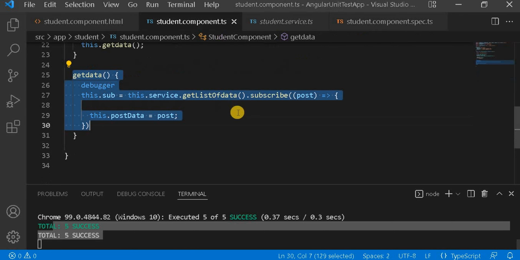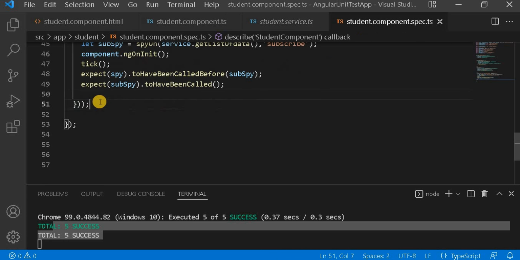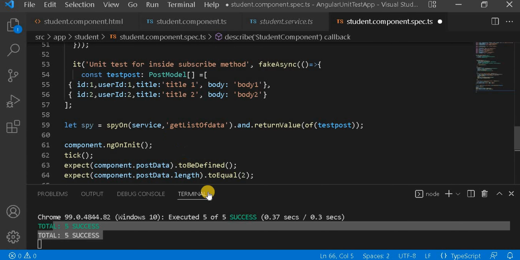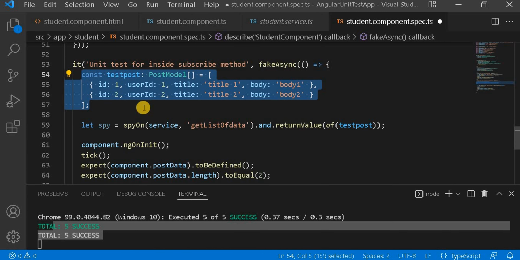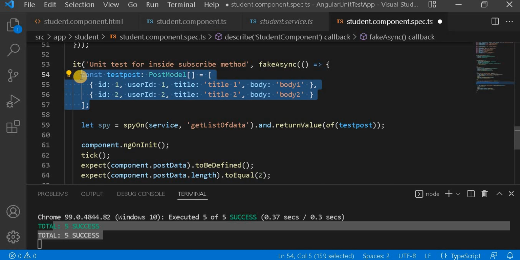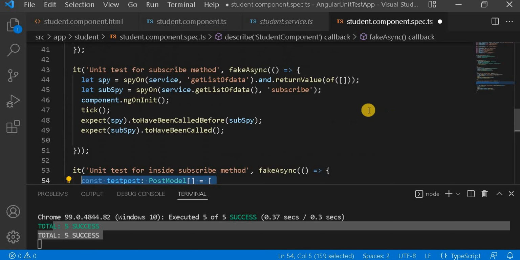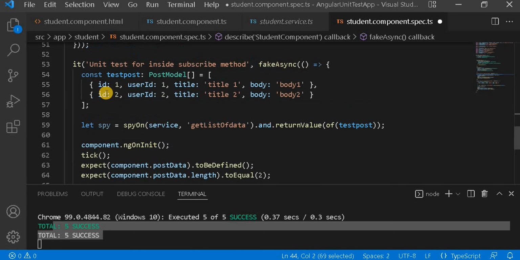Next, we will write a unit test case to check whether this is calling or not calling. So for that one, let's write the unit test case. So here this is the test case. Let's format the document. So first what I'm doing is creating some dummy data, and then I'm saying this service get list method is returning this dummy data, meaning it is returning these 2 records. In the previous test case we were saying it is returning a null array, but here it is returning data with 2 records. So this I have created.